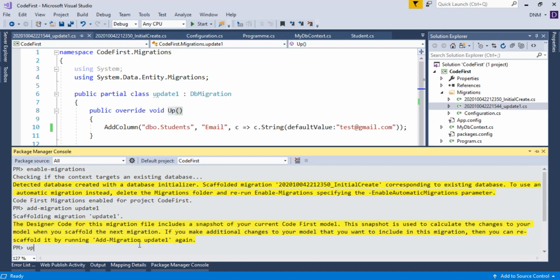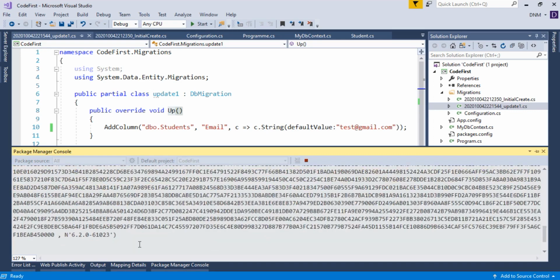Here I'll say update-database. You can even use the verbose option. Without verbose, it will just update the changes. With verbose, it will show you the SQL command that is going to be executed in the SQL server. I'm just hitting the enter key.